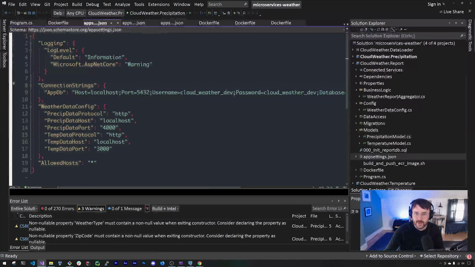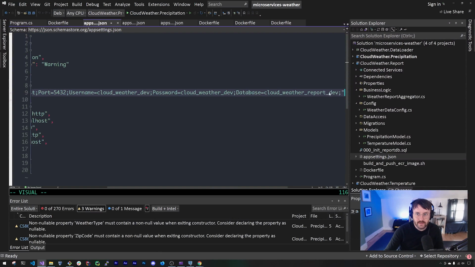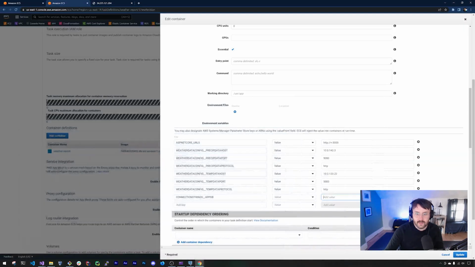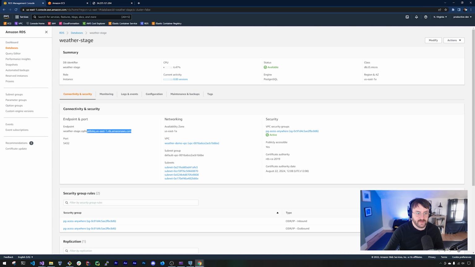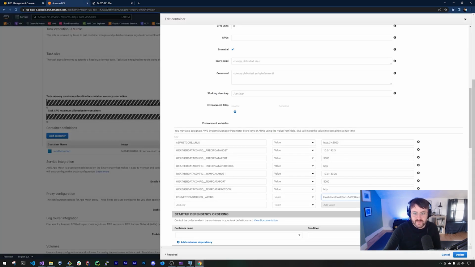And now let's grab our original connection string here, copy this, we'll paste it in, we'll get rid of the double quotes. We need to change the host to our RDS instance. So we'll head back into RDS in a new tab. We'll grab our weather stage database. We'll grab our endpoint here. So this needs to be in place of localhost. Port 5432 is fine, except that our username should be weather stage. And our password should be change me! And our database should just be